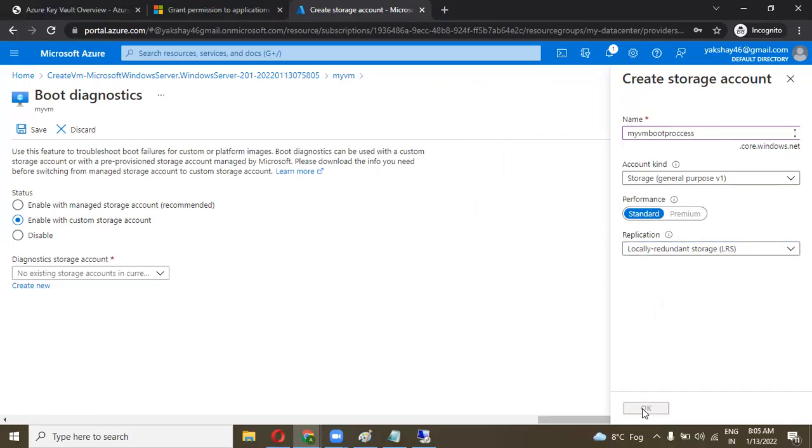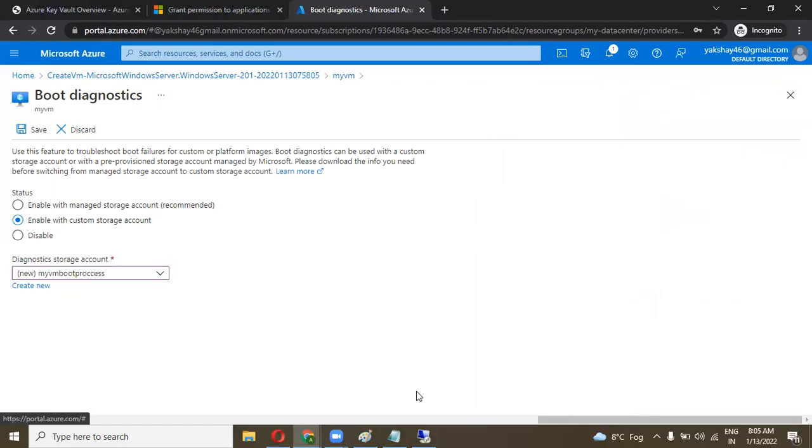Now click OK. The storage account is successfully created. Now click on the save button. Once the boot diagnostic is enabled, you can see your serial logs. It takes some time.